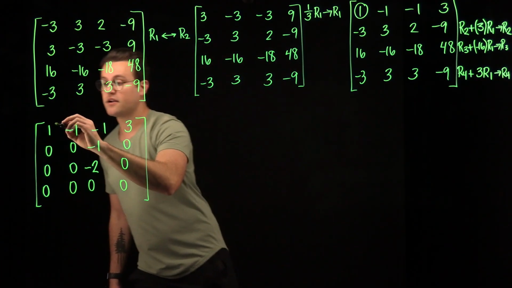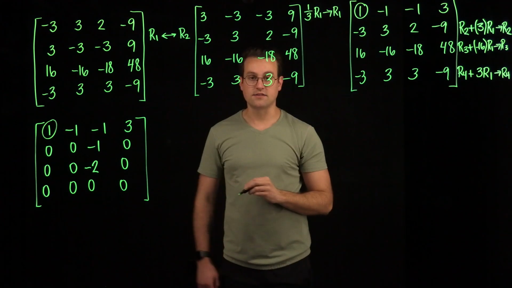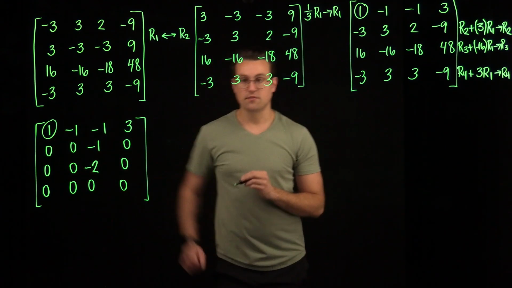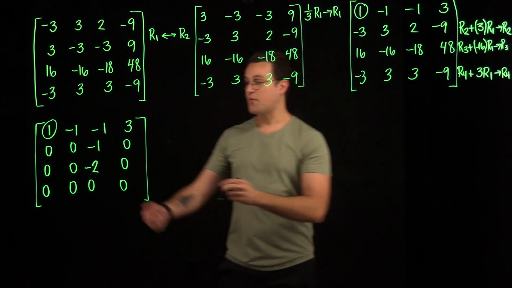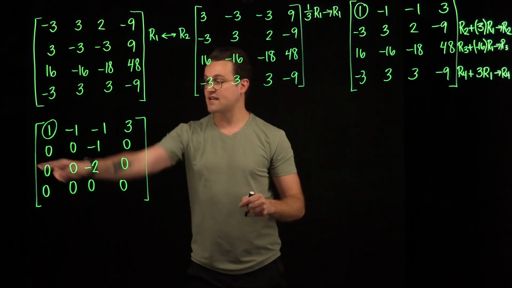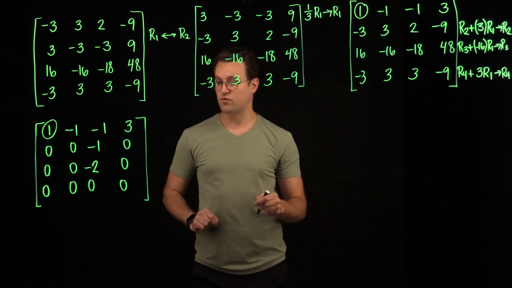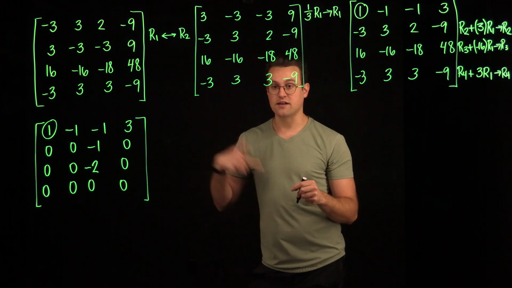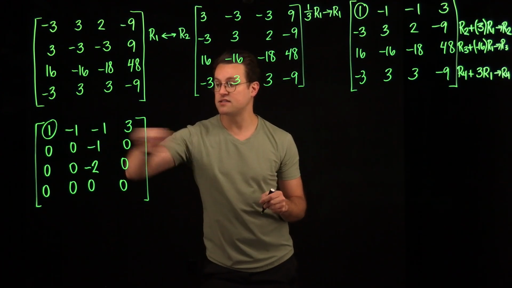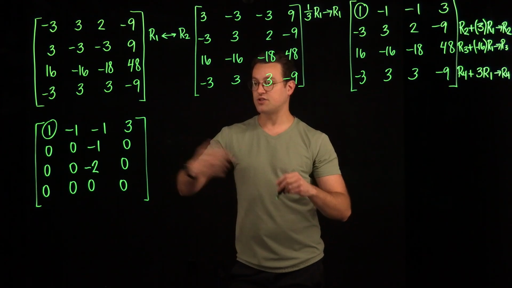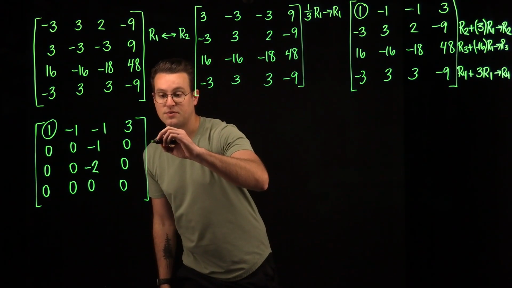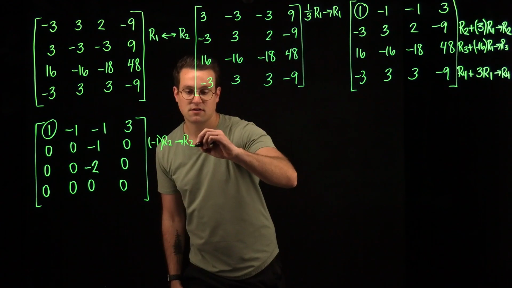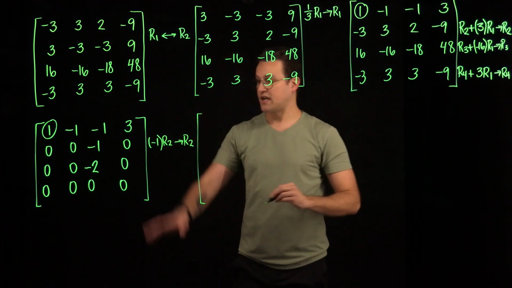Okay, so this one here is still a pivot. It's the first non-zero entry in that first row. And I have zeros below, which is perfect. Now I want to move down to the next row and find the next non-zero entry, which is this -1 here. Now I want the first non-zero entry in each row to be 1, not -1. So I can multiply this second row by -1 to turn that into a 1. So we'll do -1 times row 2, and that will replace row 2. Everything else stays the same.